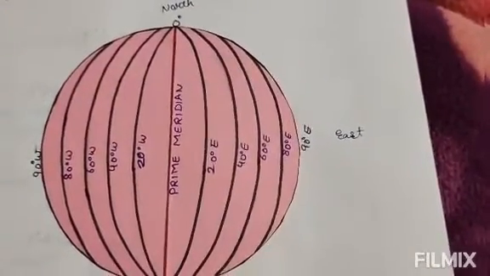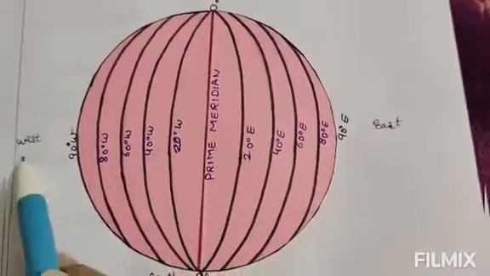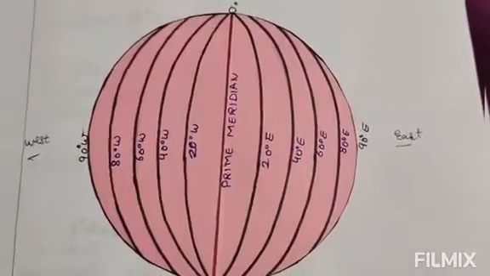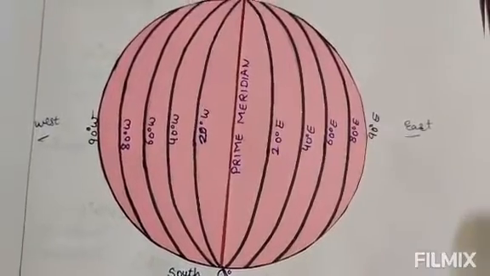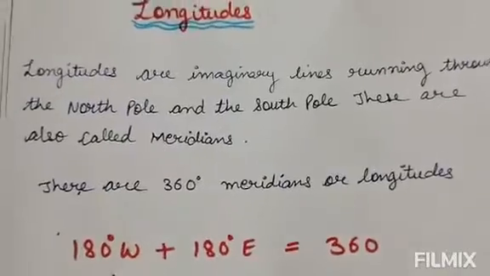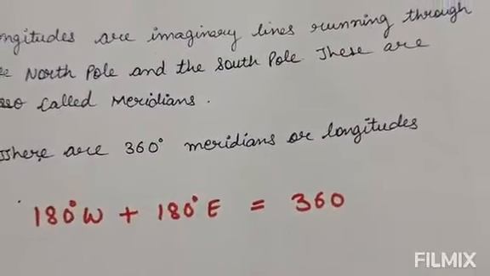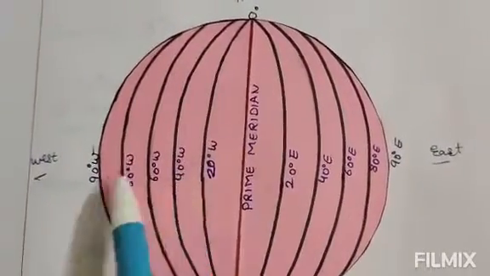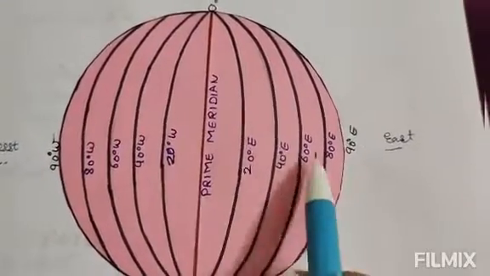Now just like latitudes, these are also divided into two halves, the west part and the east part of the globe. Now how many longitudes are there? There are 360 longitudes, 180 on the west side and 180 on the east side. See this. If we start counting from here, on this half we have 90, on this half we have